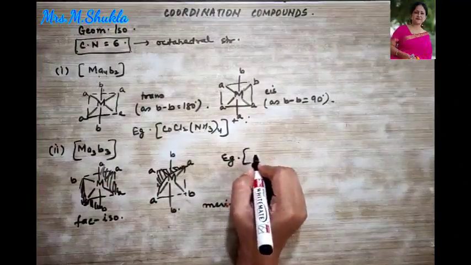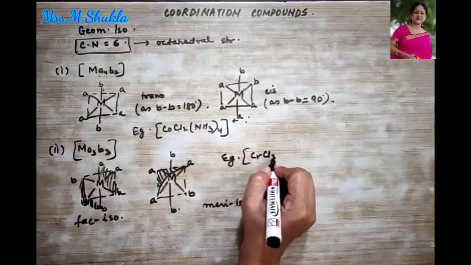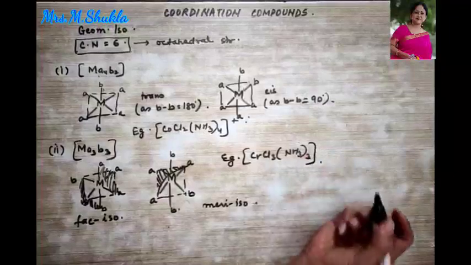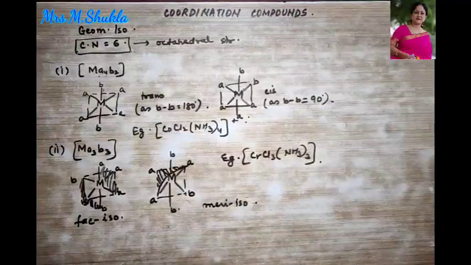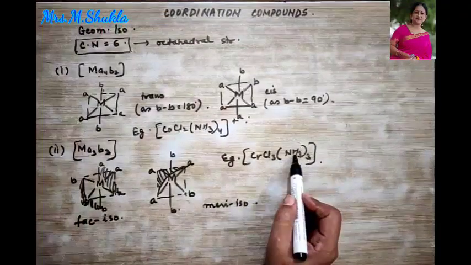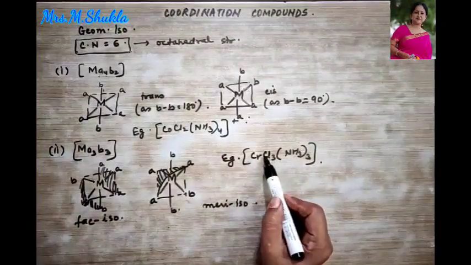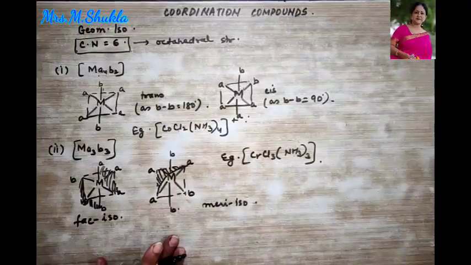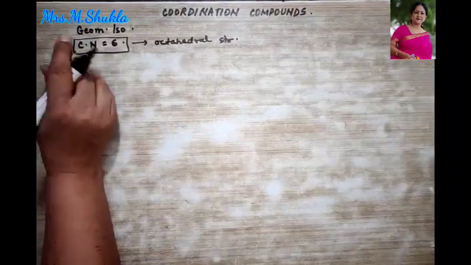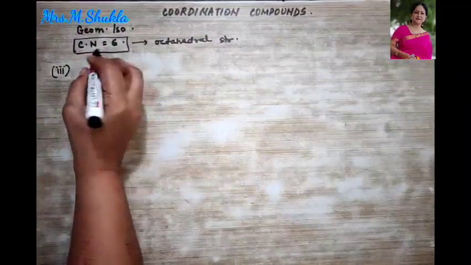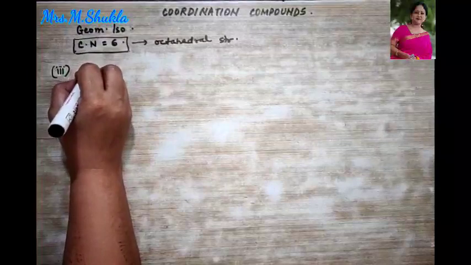Example could be CrCl3(NH3)3, whole thrice. Okay. So what is the name of this? Triamine trichloridochromium(III). Fine. We come to the third example of coordination number 6. It could be